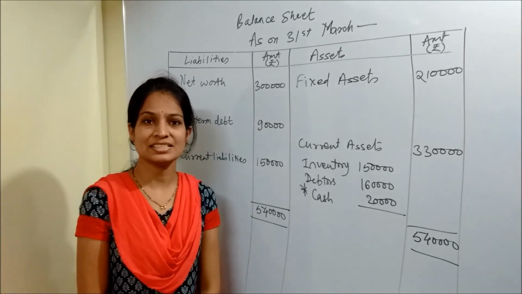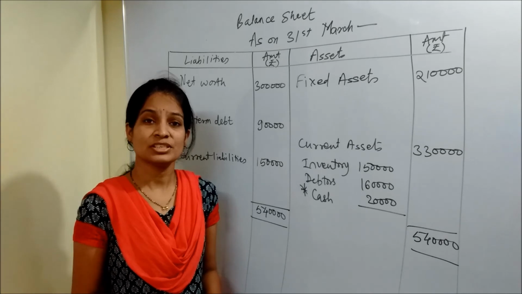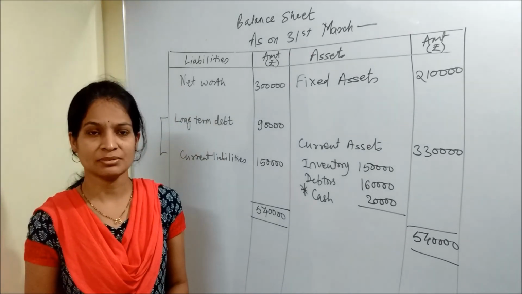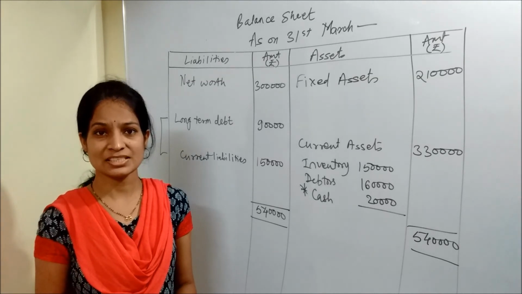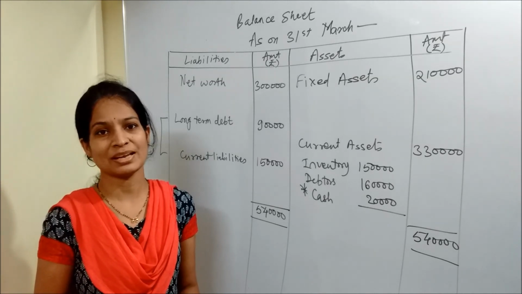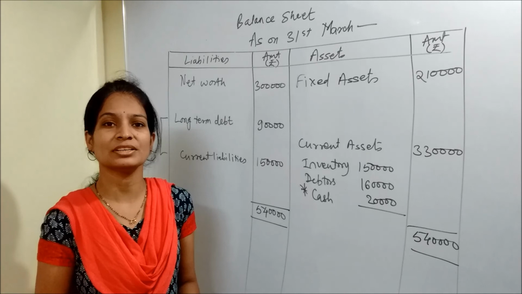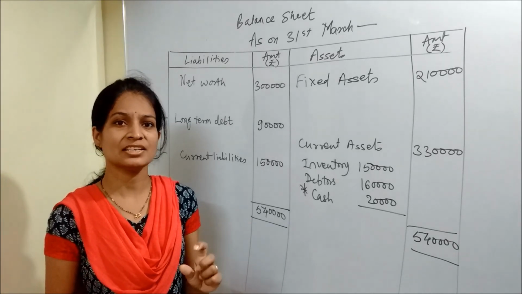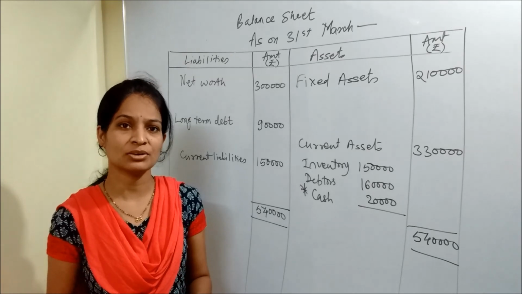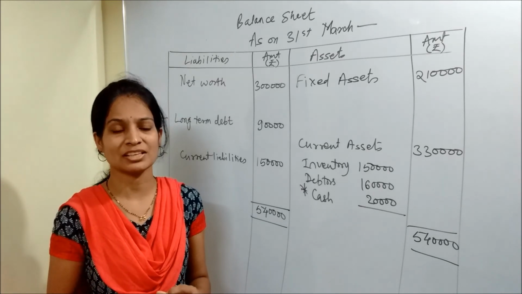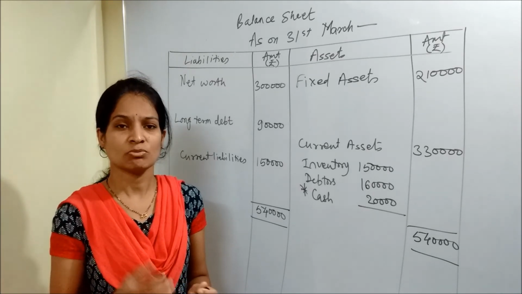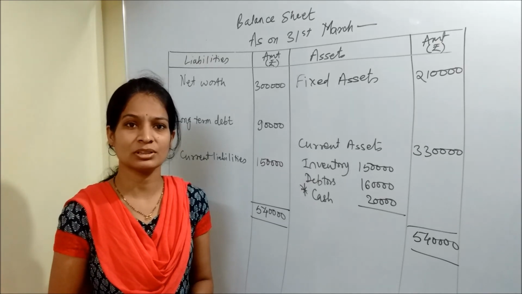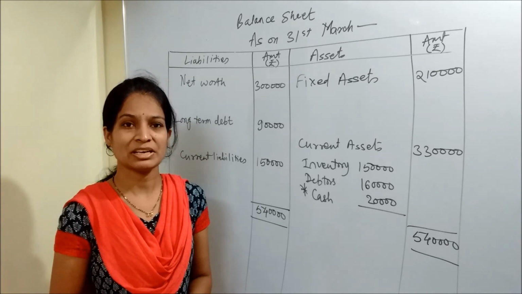This is how you can easily understand by using the information about the ratios and the components which are given in the sum. You can easily find out different components of balance sheet, and now you can put them together in a proper format. That's how you have to just identify which components you can find out with the help of the given ratio and the given amounts. So one by one you can solve it like a puzzle, and then you can put all the information together, so it will create a balance sheet.